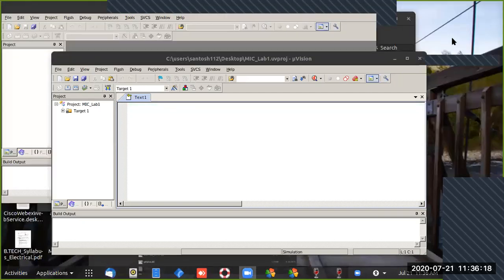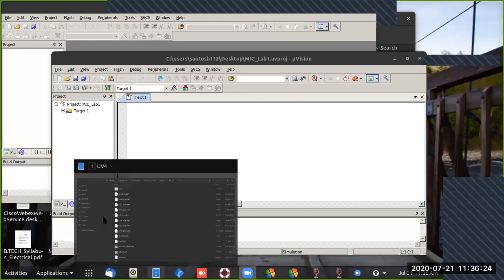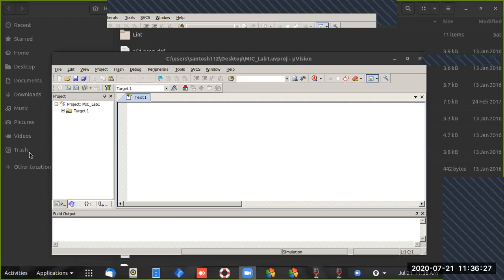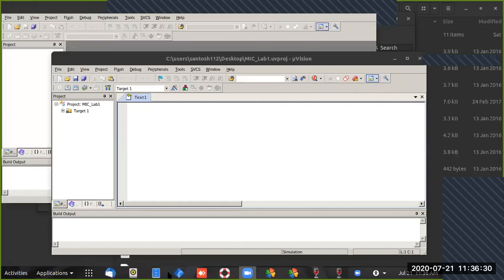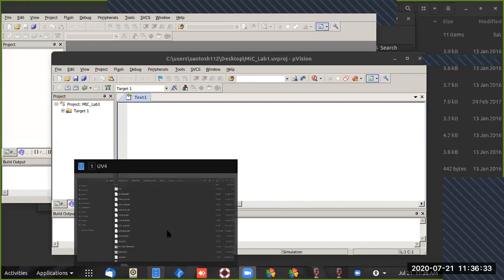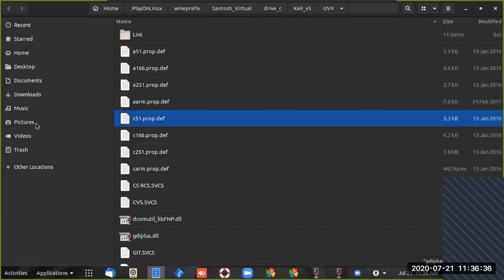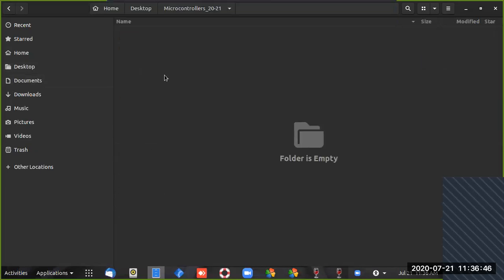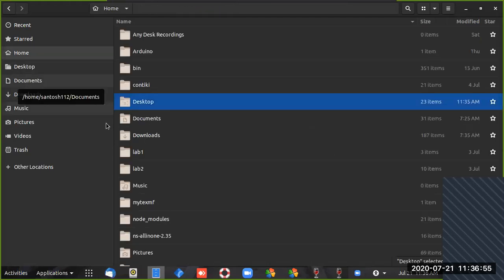Some basic code we will take today. Do the steps while I am searching for that code.